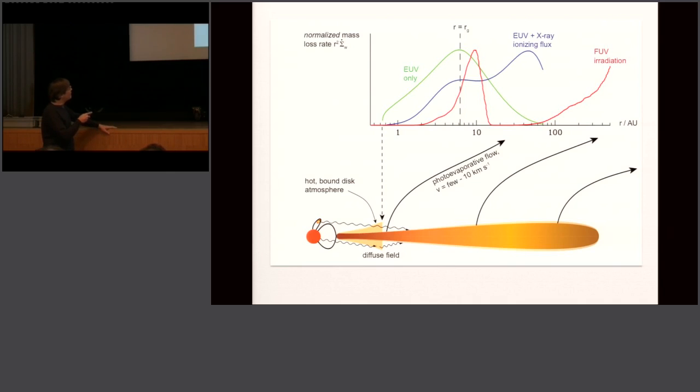Then we have these other sources of photoevaporation. This is FUV photoevaporation from calculations by Umagorty. Here you have a peak a little bit further out, maybe closer to 10 AU, and then potentially more FUV mass loss occurring at very large scales, out beyond 100 AU. And then in this blue curve, you have a combination model from James Owen and Barbara Ercolano, where they have extreme ultraviolet and X-ray photoevaporation. And here you can see there's sort of a smoother function. Quite a lot of mass is being lost from a few AU out to maybe 50 AU away from